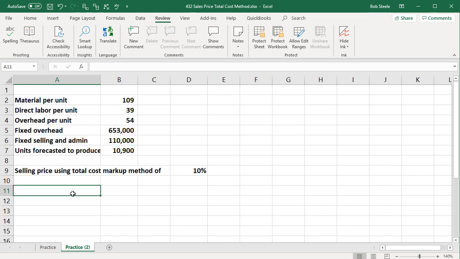To do that, however, note that we're dealing with both variable and fixed portions, and the fixed portion of the sales price is something that we're going to have to allocate to the units. And it's going to differ depending on how many units we produce. We're going to base it on this 10,900 because that's how many units we believe we're going to basically produce